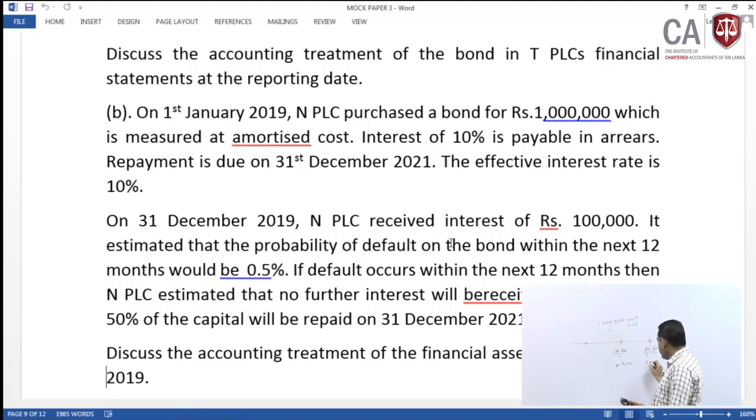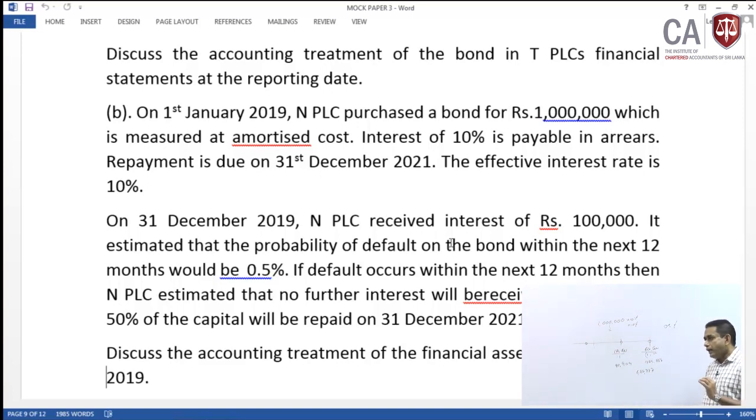This is 495,868. Let me round it off and take the total: 90,909 plus 495,868. It is going to be 586,777. This is the credit loss,